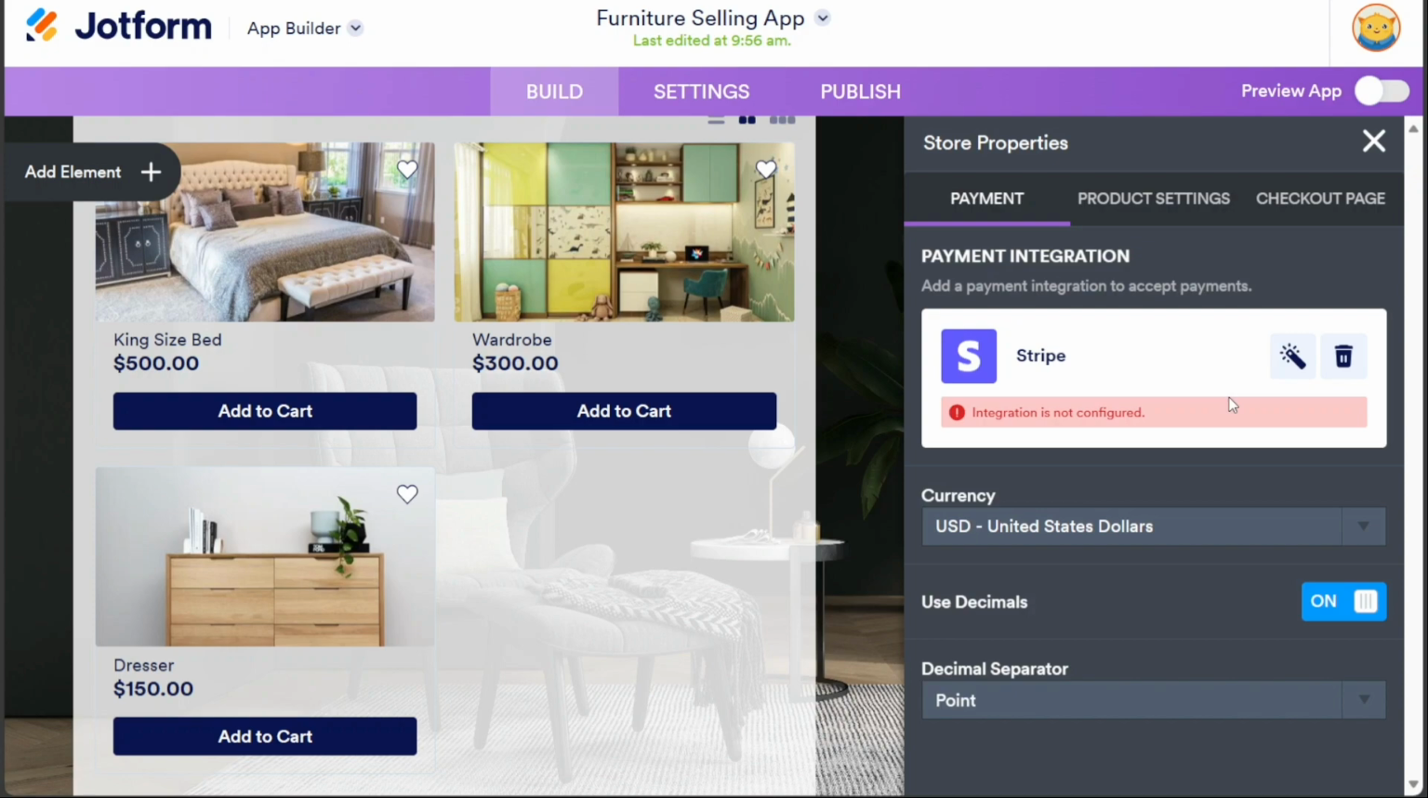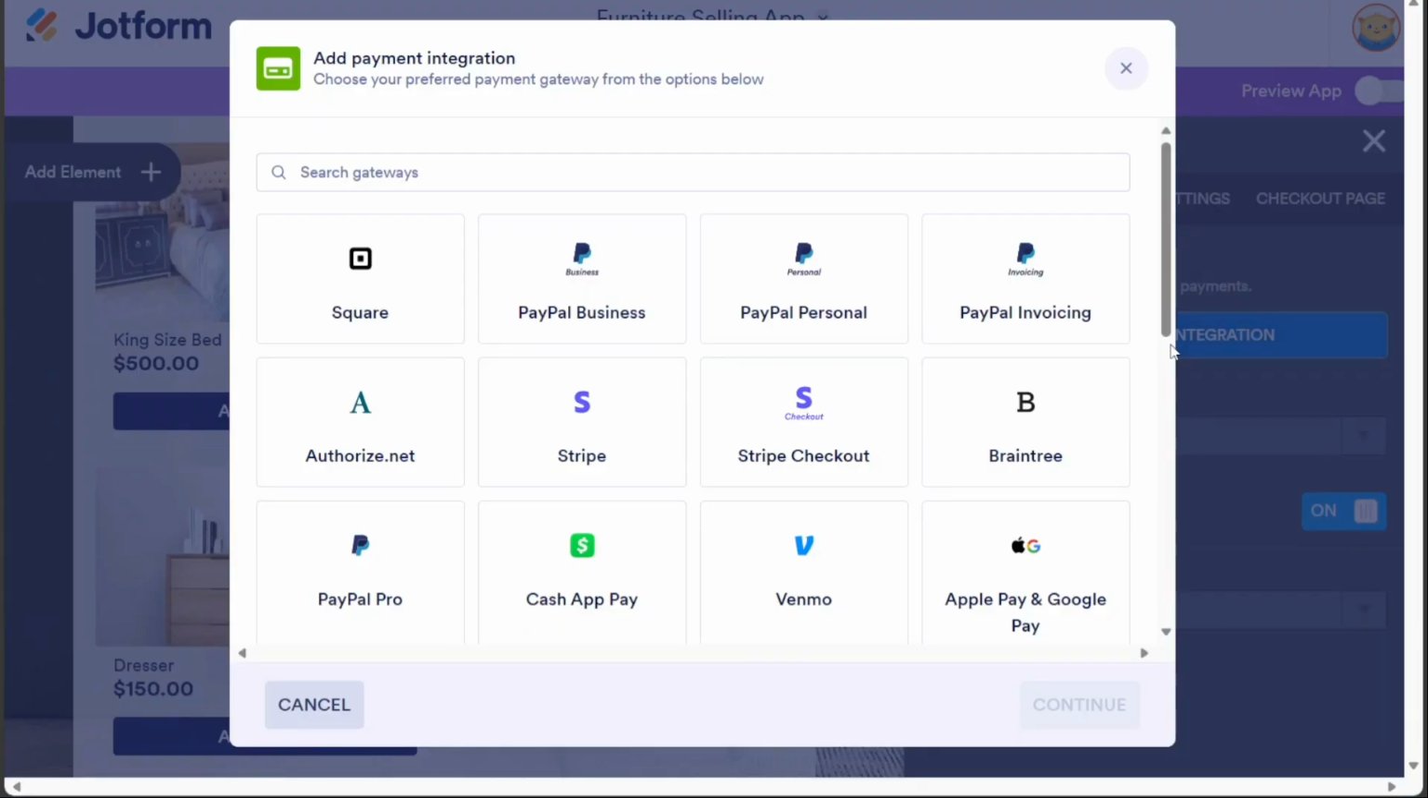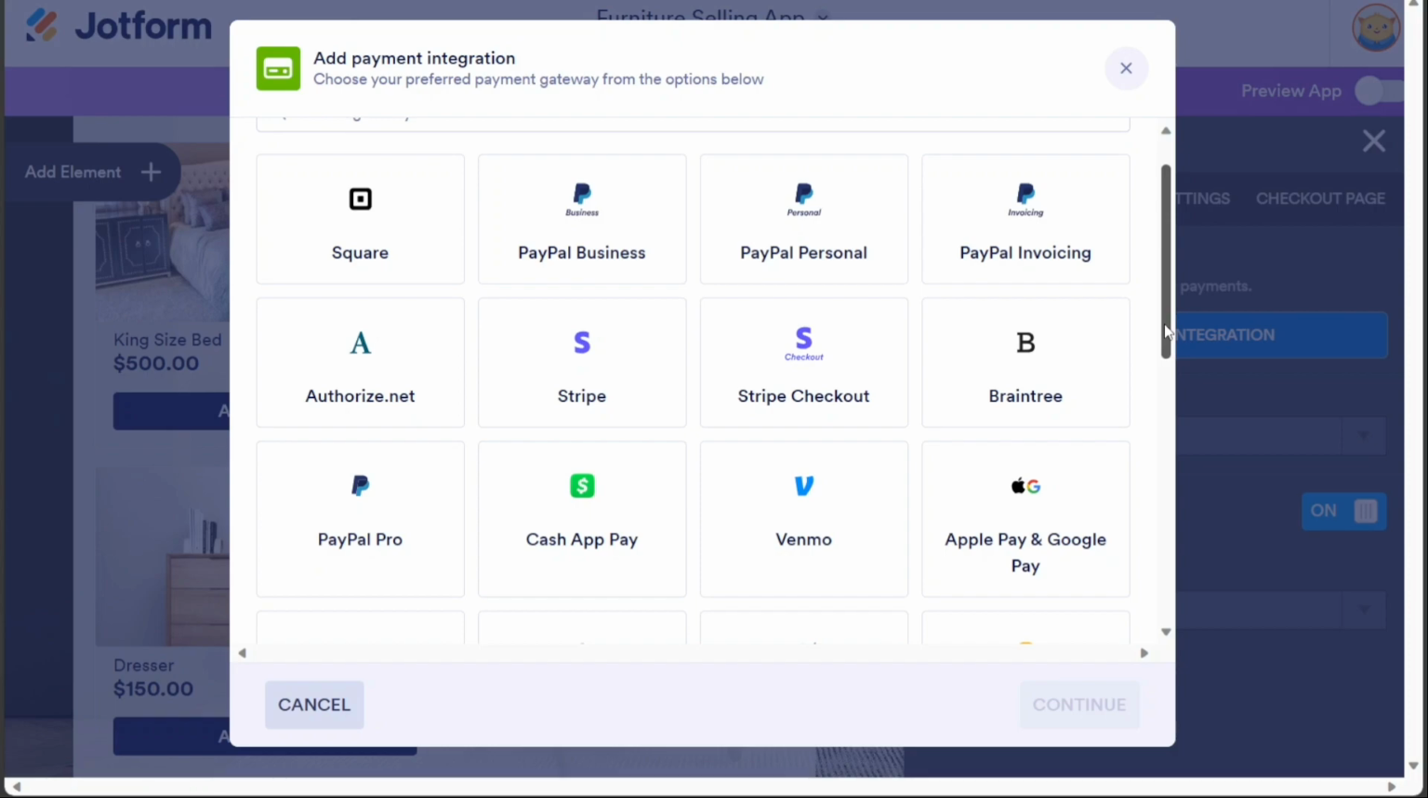If you wish to remove Stripe and add another payment method, click on the bin icon next to Stripe and it will be deleted from your store. To add a new payment integration, click on the Add Payment Integration option. A pop-up window will appear presenting you with different payment integration options such as Square, PayPal, Authorize.net, Stripe, Cash App Pay, Venmo, and more. Choose the payment integration that suits your needs and follow the prompts to set it up